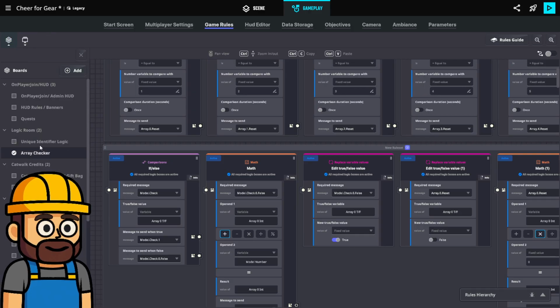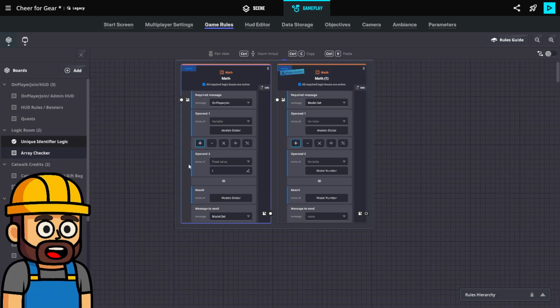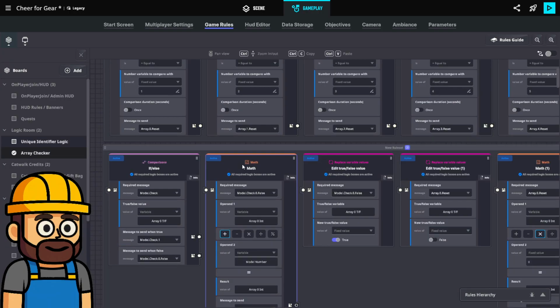So let me go back to the unique identifier logic board, and we're going to get rid of this. Since I don't want to send a message here anymore, we don't necessarily need to use math, but it's doing the same thing.